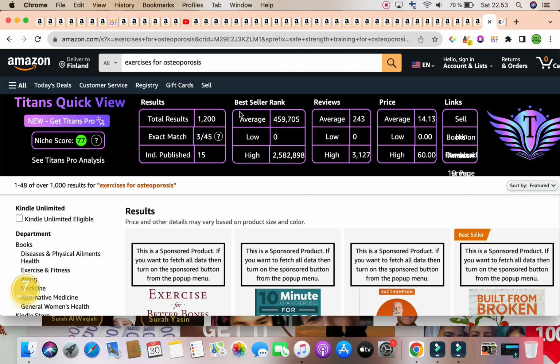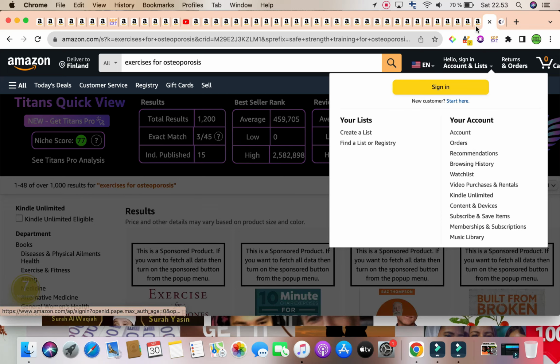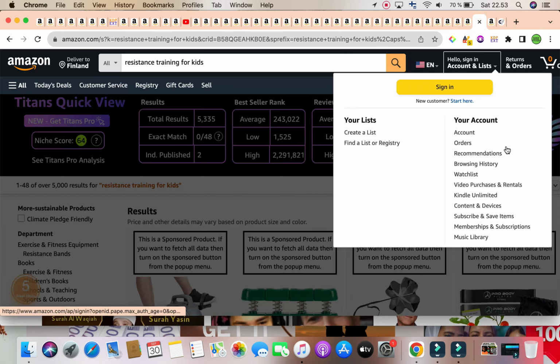You're going to have some fun facts about osteoporosis that can really help in managing osteoporosis, while at the same time doing exercise to manage it physically. You're also going to have hacks, tips and strategies scattered around your low and medium content books. So let's have a look at the second keyword for today's video, and the second keyword is resistance training